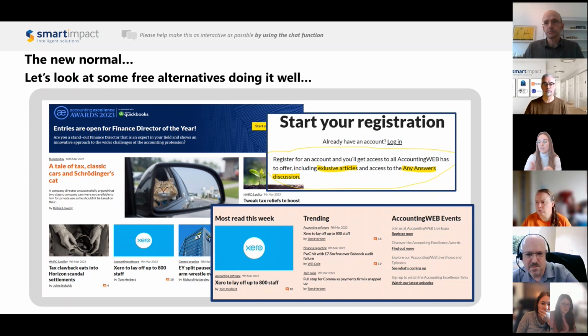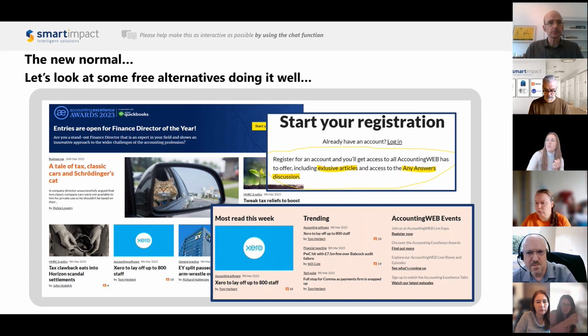rather than letting these disruptors take over from your space. And the Accounting Web website works very well because it's always very fresh, extremely up to date, and it contains current news. It's very conversational. It's really at the forefront of everything that's going on in accounting. And this website does very well in terms of its ad revenue as well,